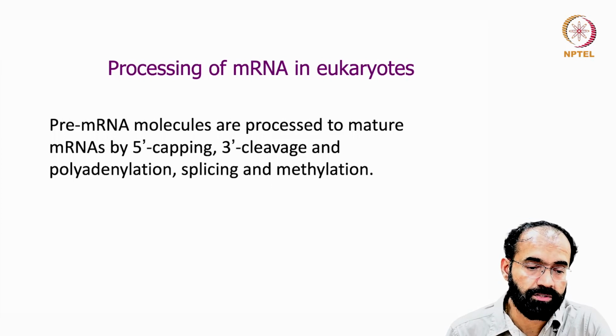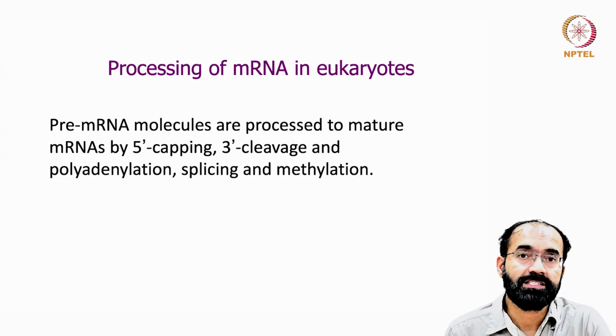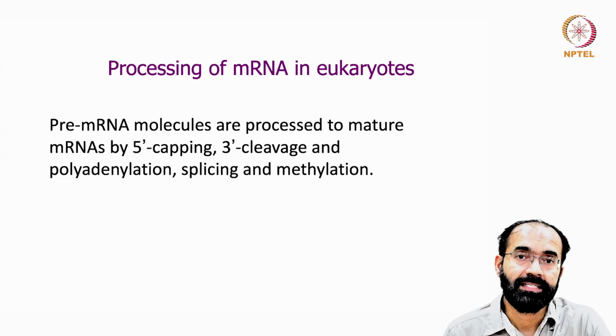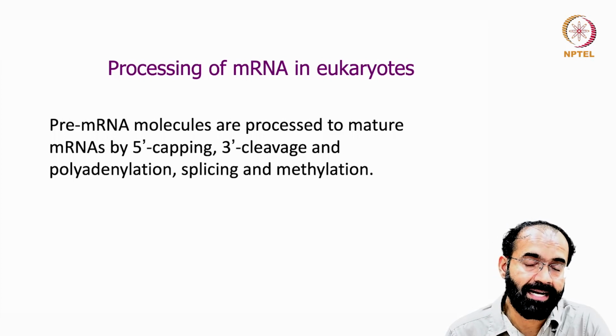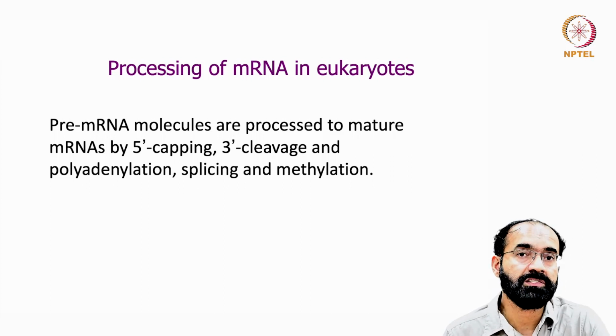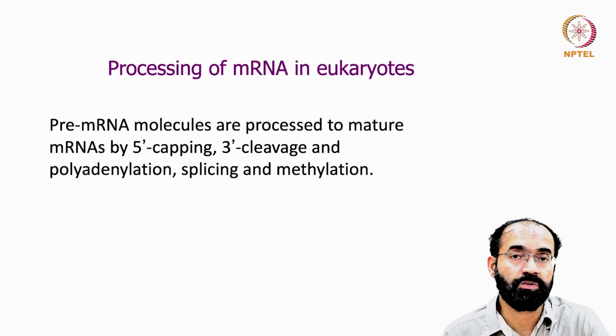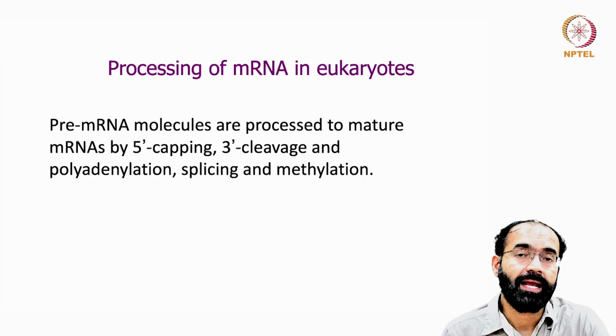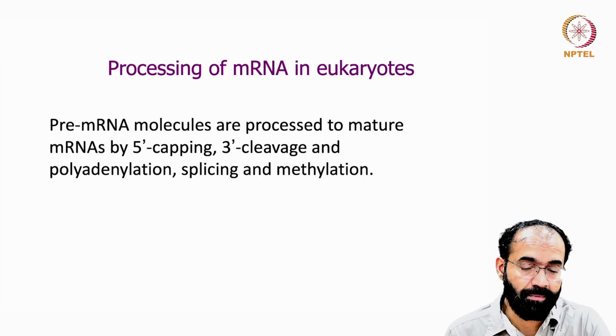The pre-mRNA molecules are processed to mature mRNA, which usually starts with a 5' capping. We have seen the 7-methyl guanosine cap that is added by a 3-enzyme or 3-step enzymatic process. The 7-methyl guanosine cap is added, because of which the 5' end now resembles a 3' end, because the 7-methyl guanosine is joined through a phosphate group with the phosphate group of the guanosine. So phosphate group pairing is taking place, and this leads to a 3' OH exposed at the 5' end